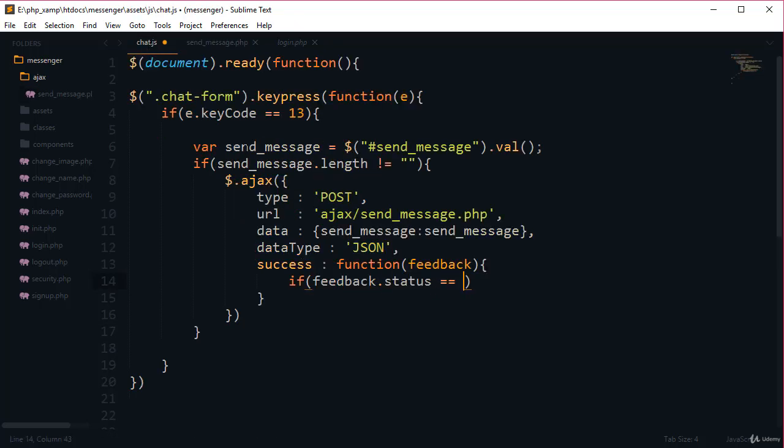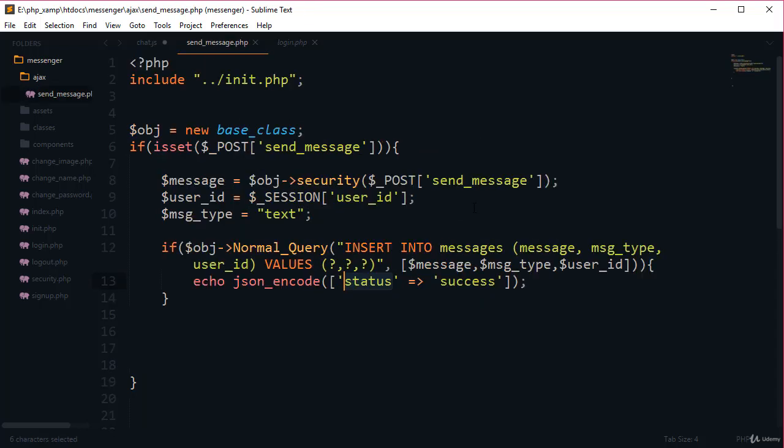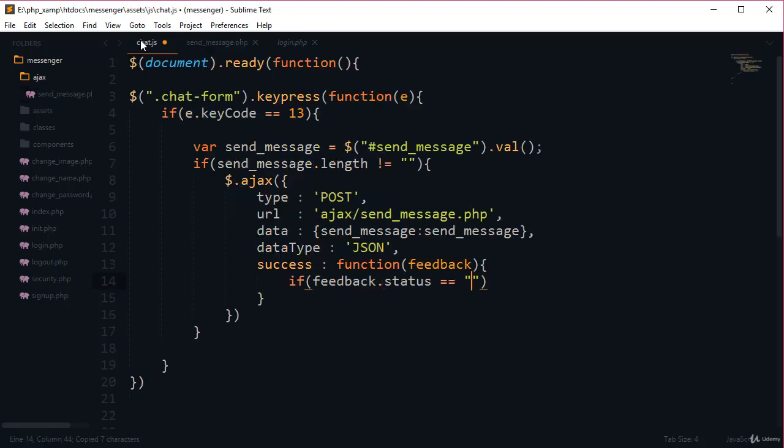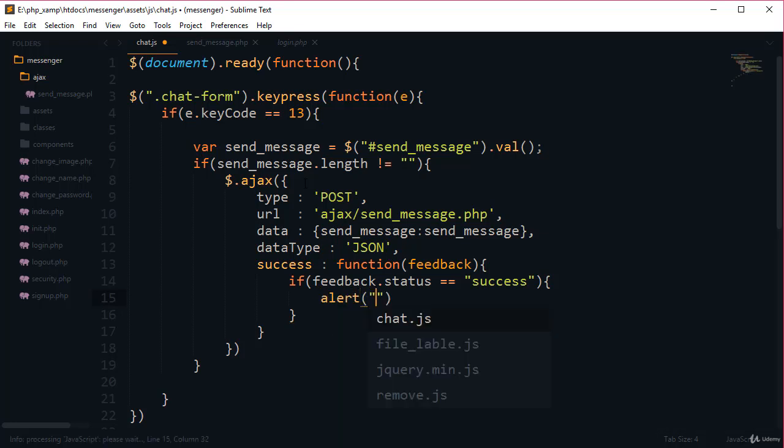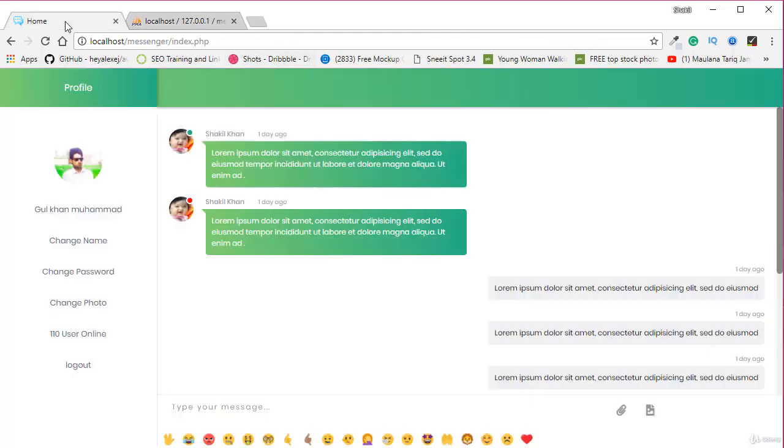Status equal to, and now add the value, so success as the value. So if status equal to success, then here alert message as sent. Okay, now go to the browser, now refresh the page.